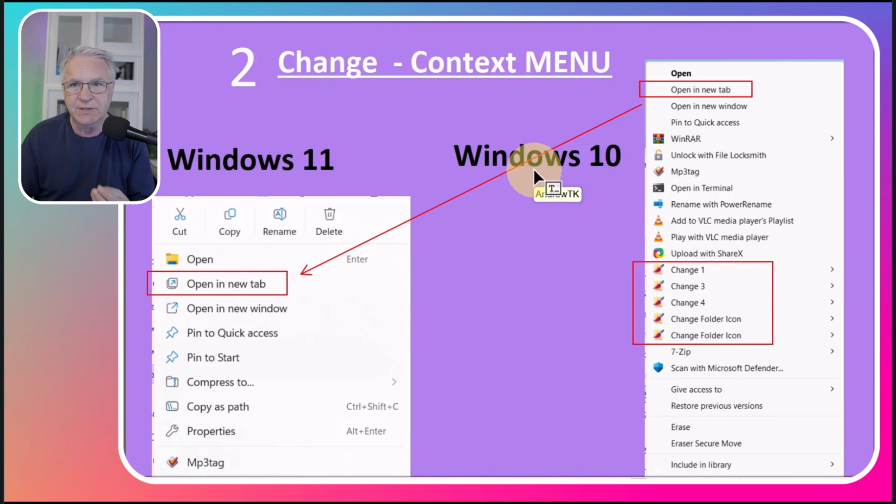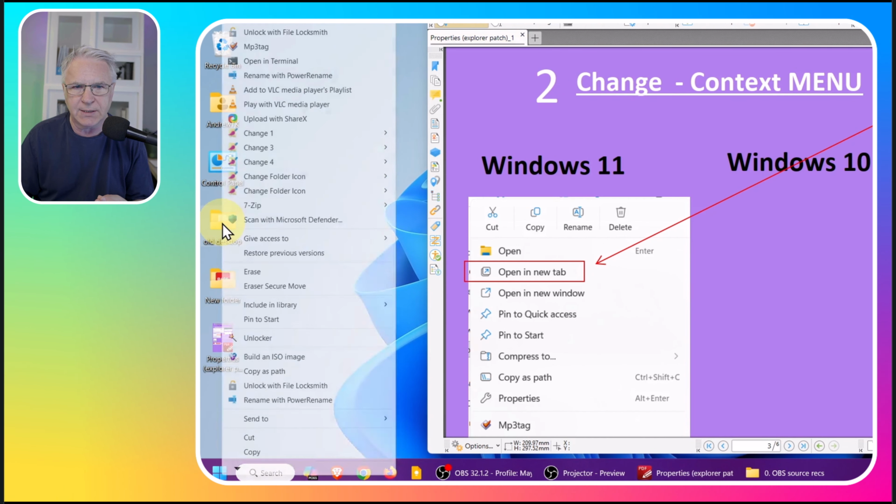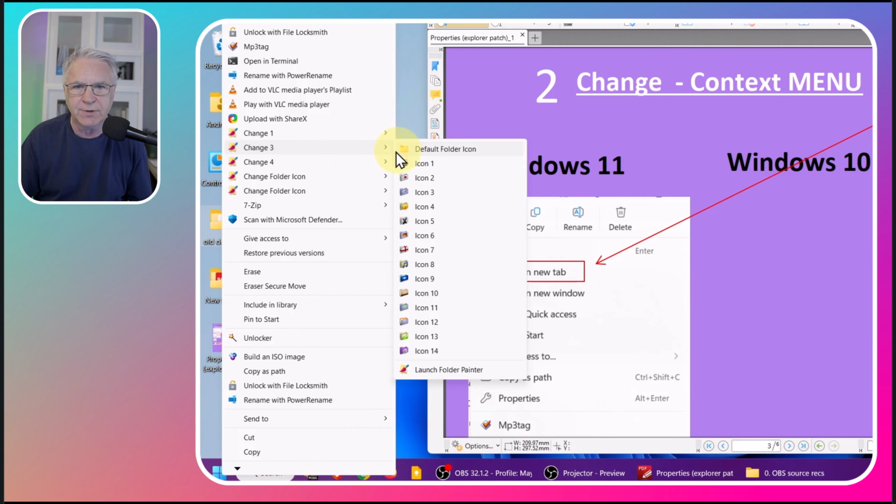Now, the second thing I missed is the context menu. Here on this Lenovo device, I've changed it to look like Windows 10. And you see, when I right click, I get everything I ever wanted to see. I've got these folder coloring